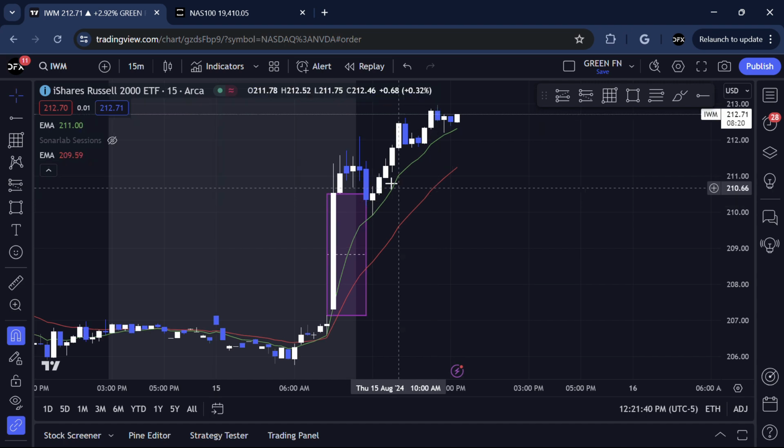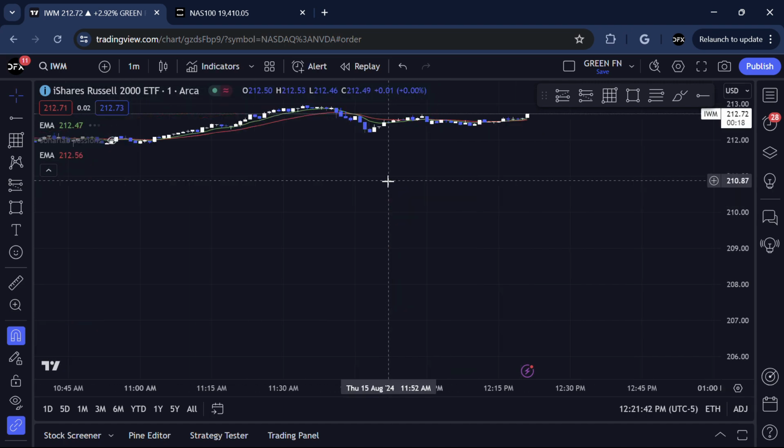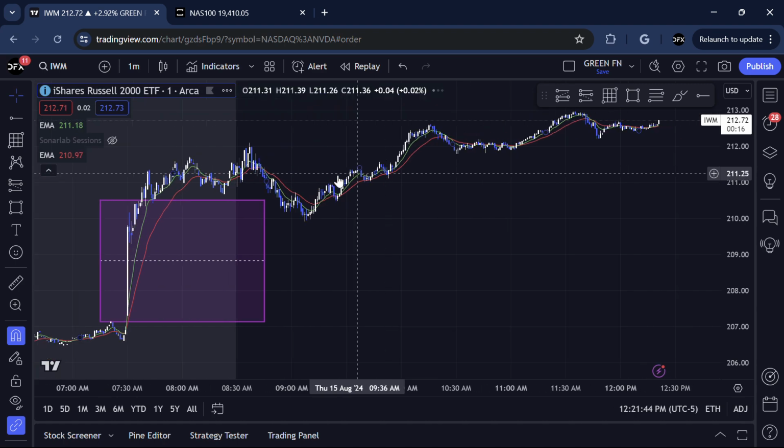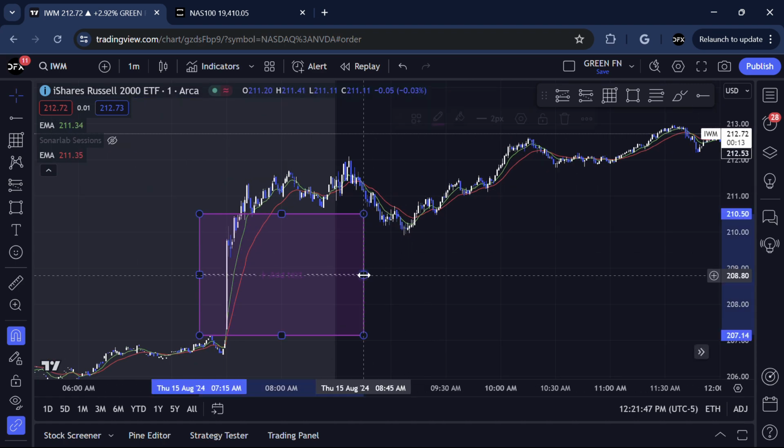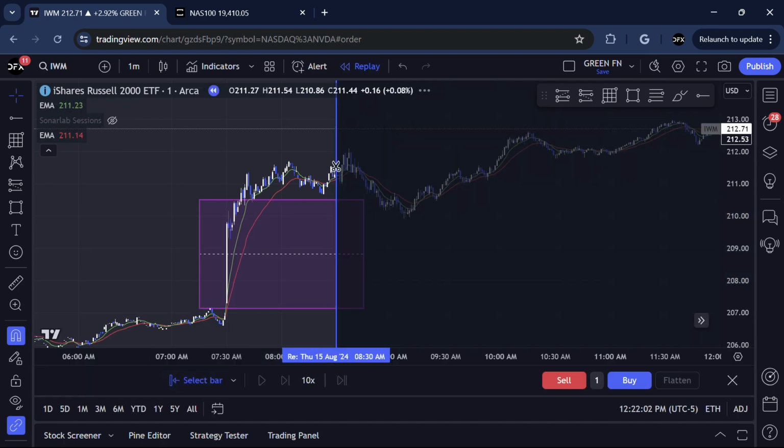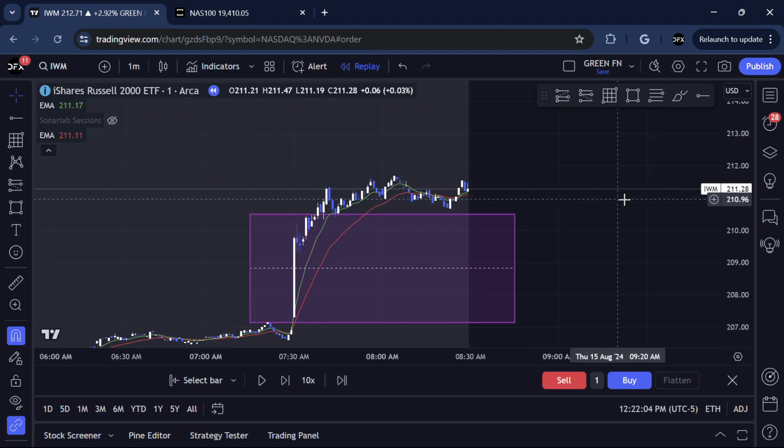And obviously, I knew instantly that we're going to want to come into that, because what happens when a fair value gap or an imbalance is created? It always either wants to come into it or have a revert or inverse fair value gap. So let's just go down to replay mode and let's see what we could have done.